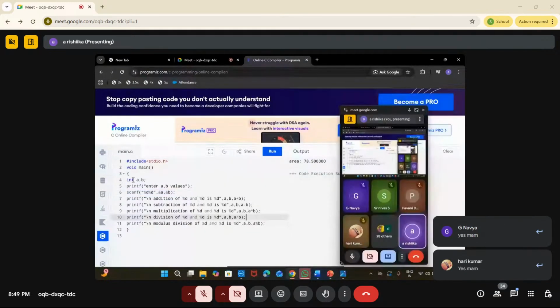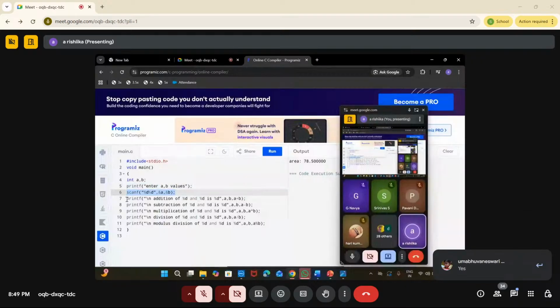So here what are we doing? Here these are called as variables. Okay, you are entering the values of the variables. Then I'm reading the values of the variables. Then I'm performing addition on them, subtraction on them, multiplication, division and modulo division. Right? So when I'm running this program,